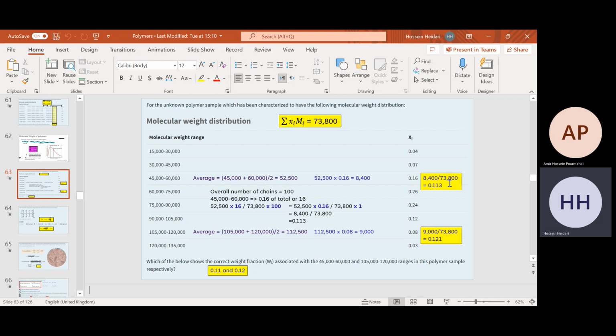But how many belong to this subpopulation? If you had 1,000 molecules overall, you multiply by 0.16. So it's going to be 160 out of that 1,000, right? So up there you have 160 molecules times their average, which is 52,500, divided by 1,000 molecules times